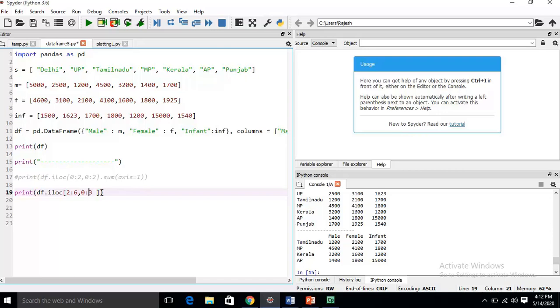Here you just see we have written this and we got this output. Here I require these 3 columns. When you require all columns, if I remove this, it works fine.